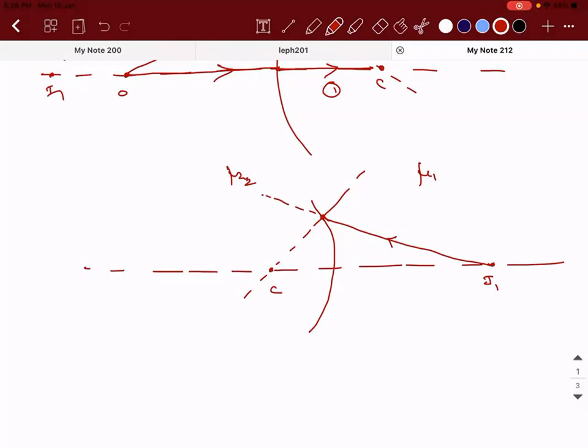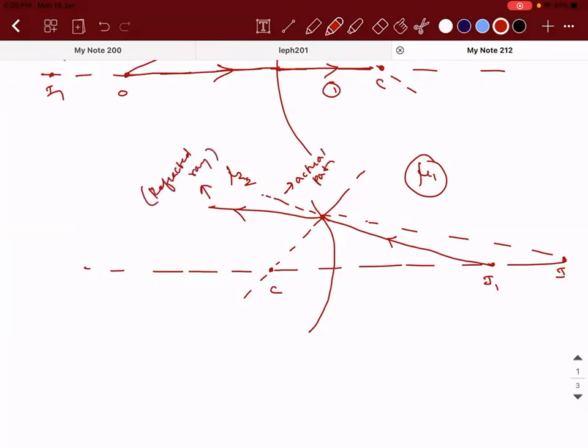Right. Now what will happen? The ray is traveling from rarer to denser medium. When it is traveling from rarer to denser, it starts bending towards the normal. So when it starts bending towards the normal, I am assuming that the final image is formed here. So this is my assumption. I don't know how much the ray has got bent, but I'm sure of the fact that the ray will start bending towards the normal. So this is the actual path, and this is the refracted ray. Does it make sense? Right.